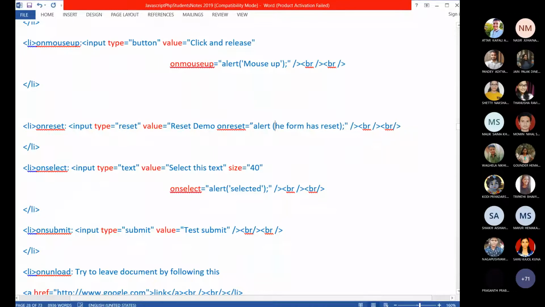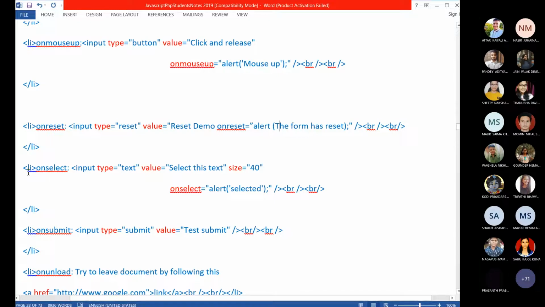Here it should be a capital letter. So like that, within the reset button also you can write on reset. Then when will it be triggered? When you click the reset button, this will be triggered, and this alert message will be displayed.